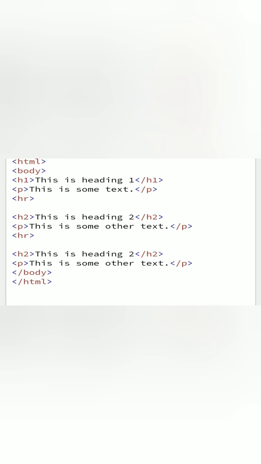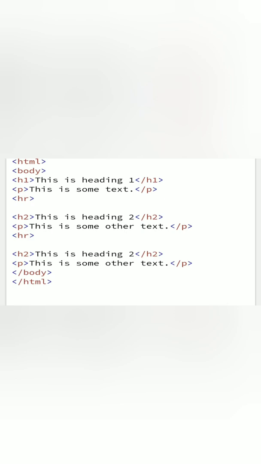Because after this some text, I want one line. And then H2. H2 is another heading tag. Then paragraph. After that, again I write horizontal rule, means one line in a horizontal way. Again I write this is heading 2, then paragraph.